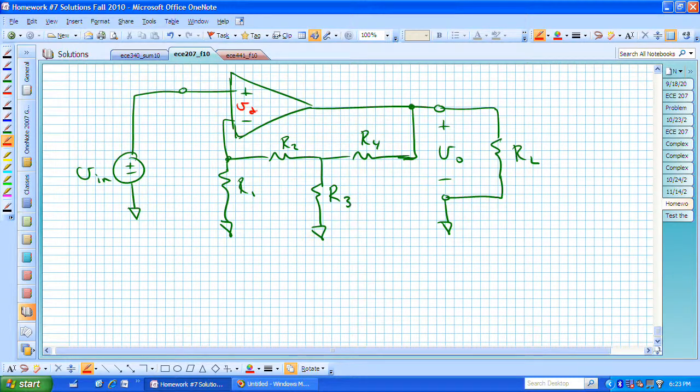We now know that V sub D is going to be 0 with the summing point constraint. The only thing that I've done differently, and at the end we'll want to convert back, is that what I've labeled R sub 3 is what the book is calling R1, and what I've labeled R sub 4 the book is calling R sub 2. This way, hopefully with me calling them R3 and R4, we can keep track of what's what when we start